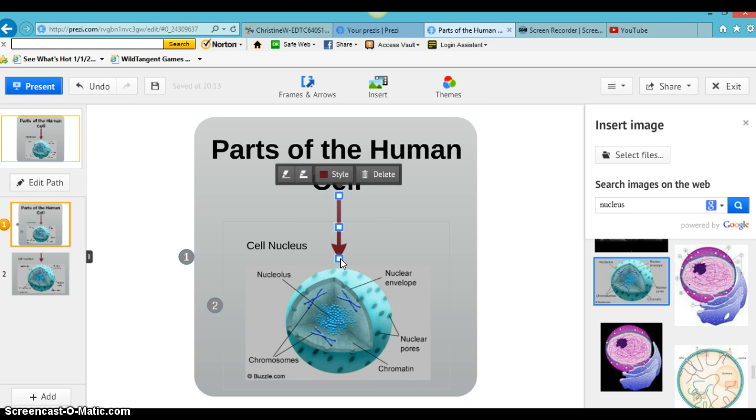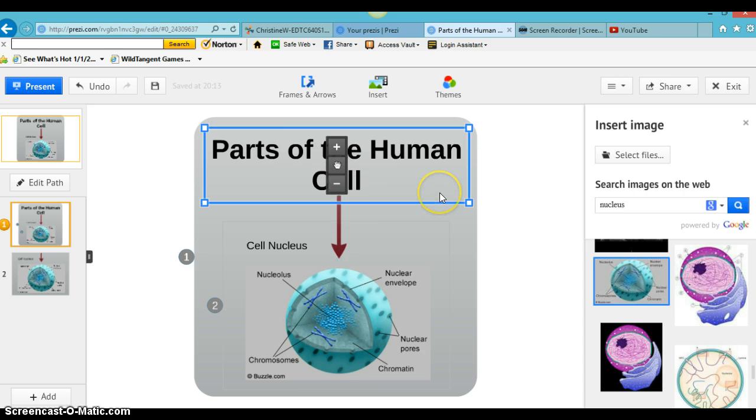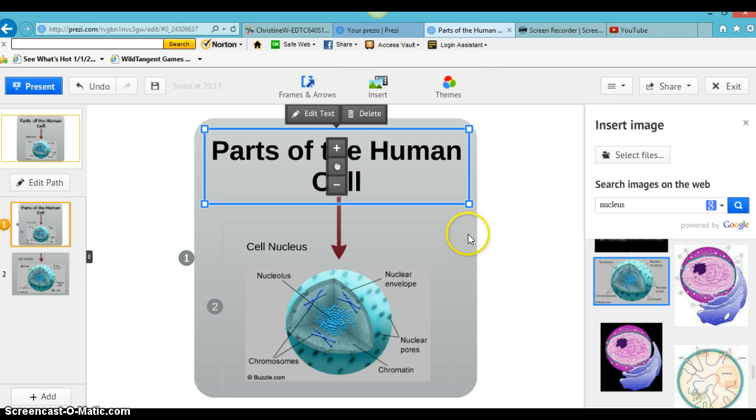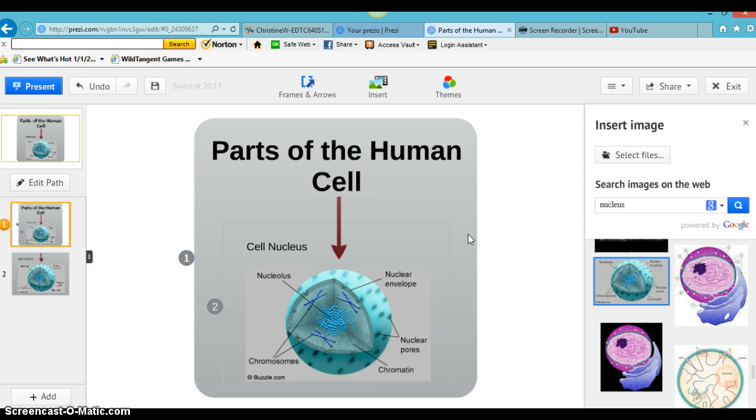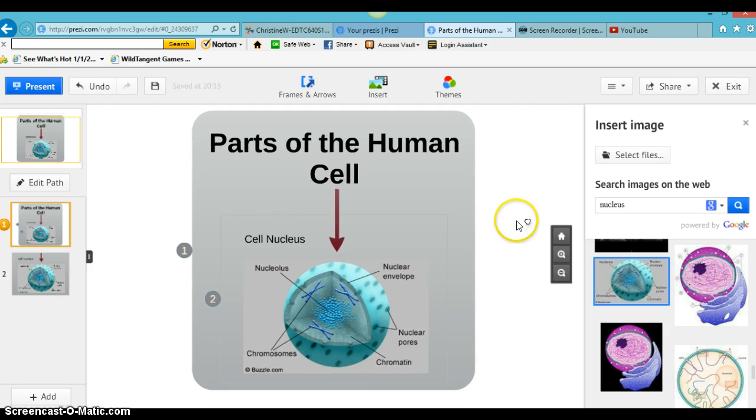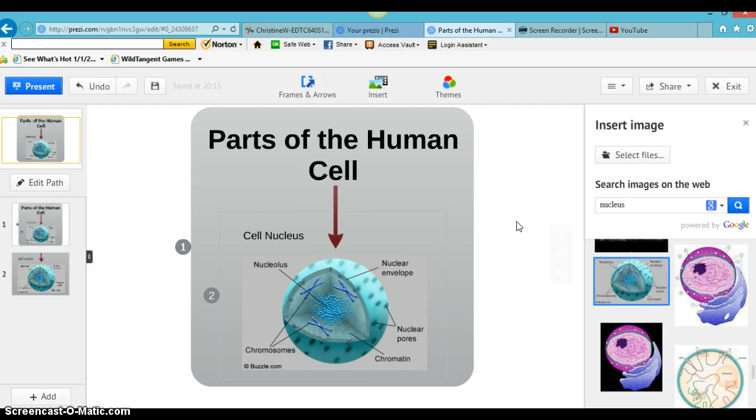So sometimes you'll have to play with it just a little bit to get it to do exactly what you want it to. And there we go. There is our first part of this. And now we are going to make another frame for our presentation. So what we're going to do is we're going to come out here where there isn't anything, and we are going to